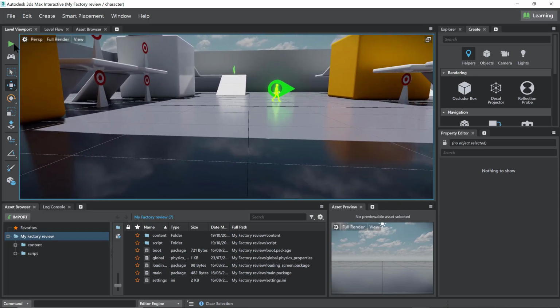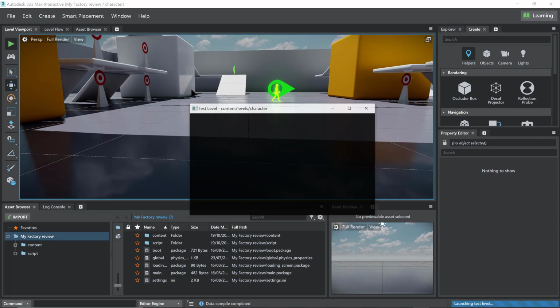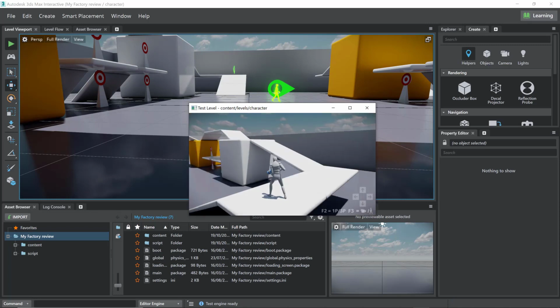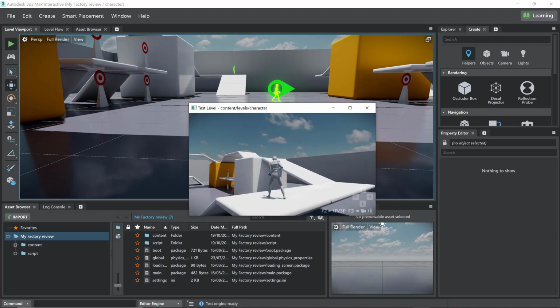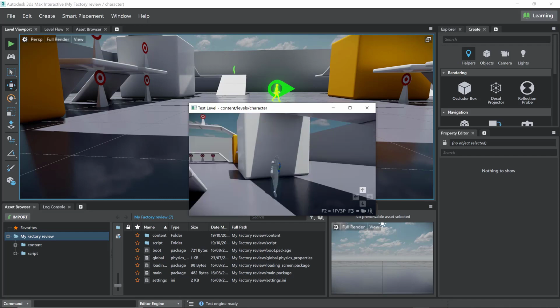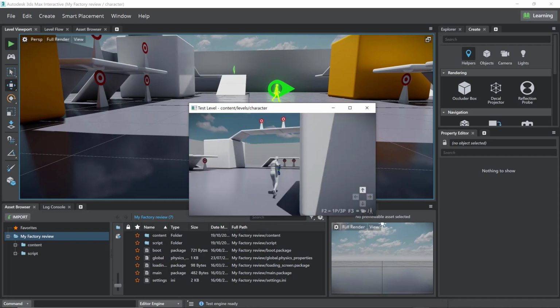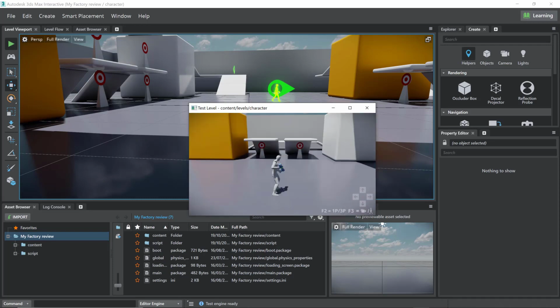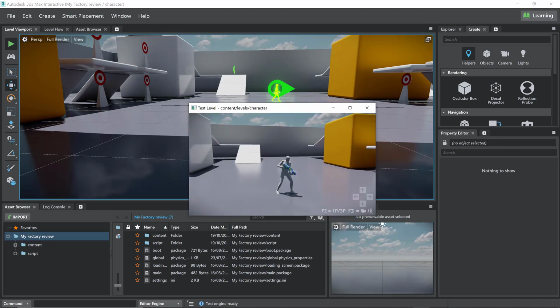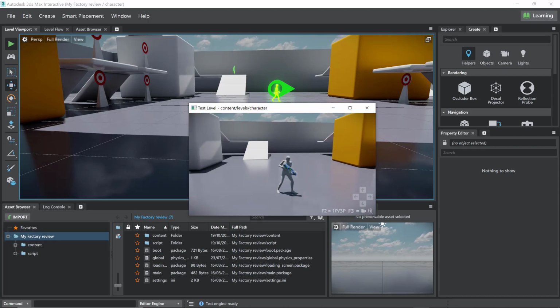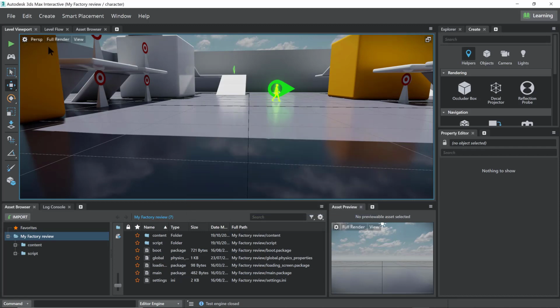What you're seeing on screen right now is 3ds Max Interactive, and in 3ds Max Interactive, using a character template, I have created a small game which has a character there who can be manipulated with the keys on your keyboard or with your mouse, the way you do in a game.